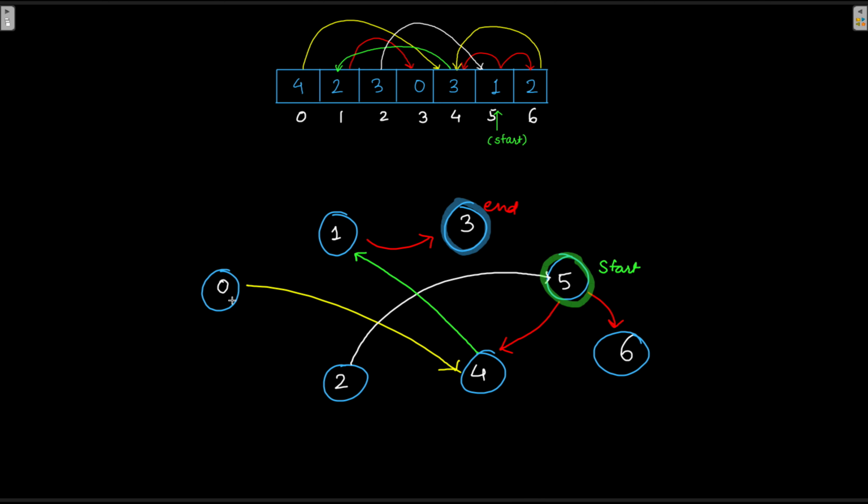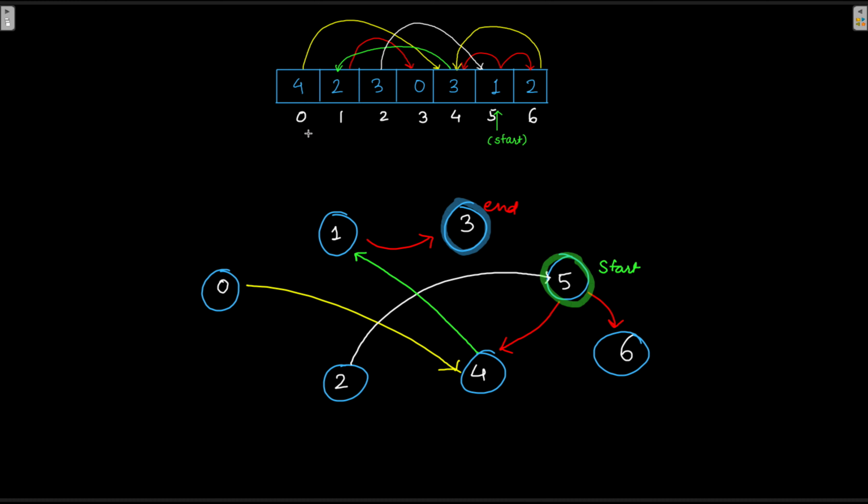So again, let us see 0. We are here. 0 is connected to 4 because the value contained in 0 was 4, and as we discussed earlier, 0 plus 4 is 4. So we reach index 4. At 4, we can go to 4 minus 3, which is 1. Now we go to index 1 and see what is contained there. It is 2. 1 minus 2 wasn't possible if you remember, but 1 plus 2 was always possible, and we go to 3. And 3 is where the value contained is 0. So we end our search here.